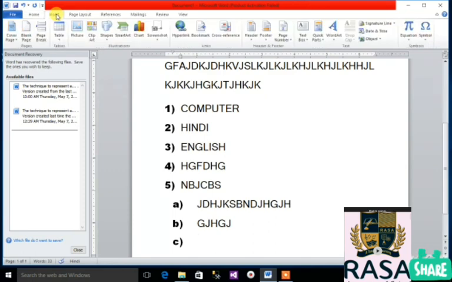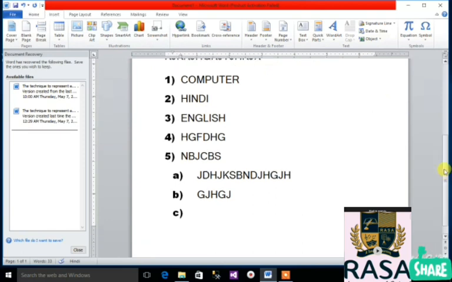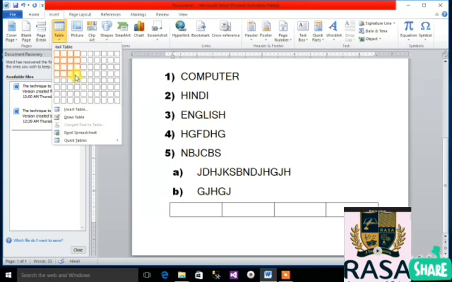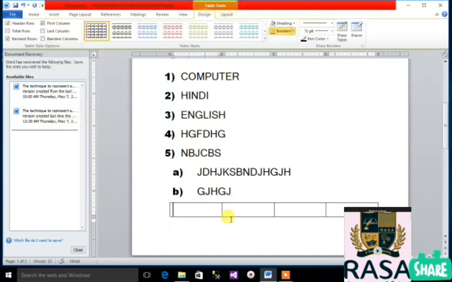Now we will go with the insert tab. In the insert tab, you can see so many tools are there. Like, you can insert a table, picture, clip art, shapes, smart art, chart, or screenshot. So if I'm selecting a table, you can select how many rows or columns you want, like this. So table is here.